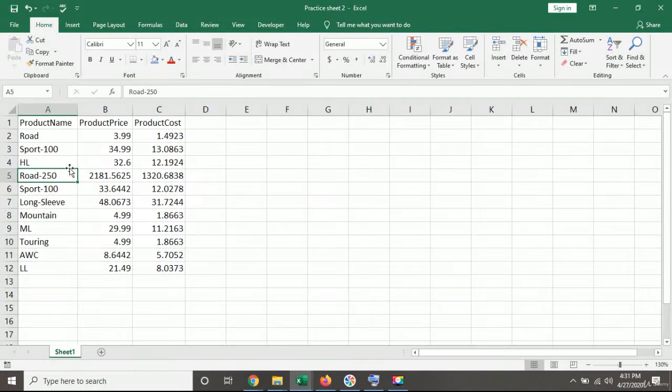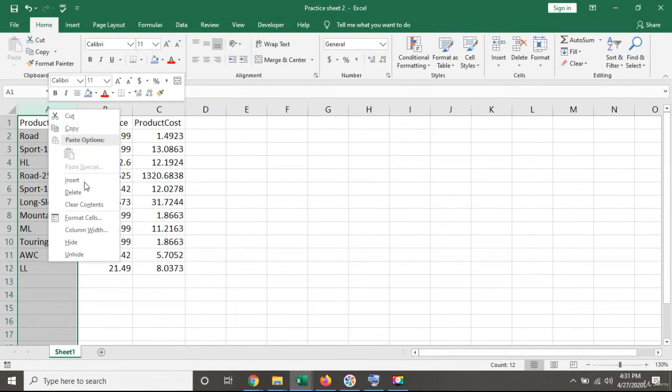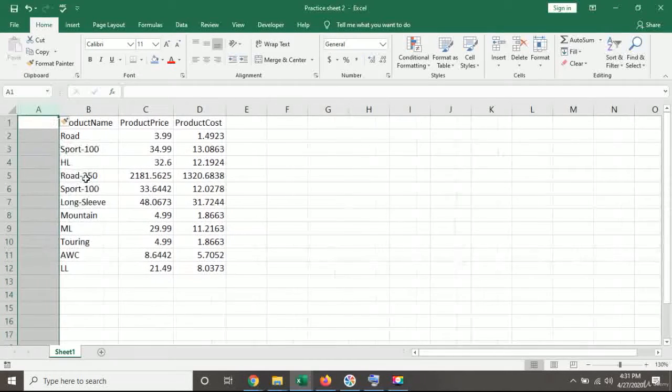Now the first thing I need to do is add a column here at the beginning which should contain the serial numbers for each of these products. To add a column, I will select the first column, right click and click insert. You can do it on the keyboard by using the shortcut that I already have taught you, but in this particular example I'm just using the mouse here. I will click the insert button and Excel has automatically added a new column for me.